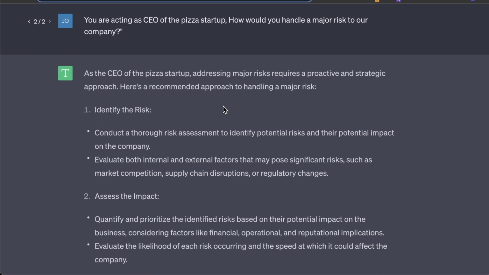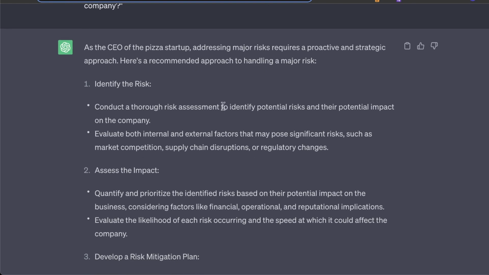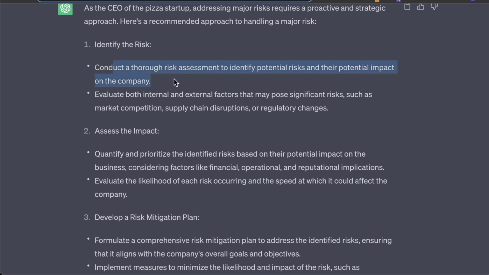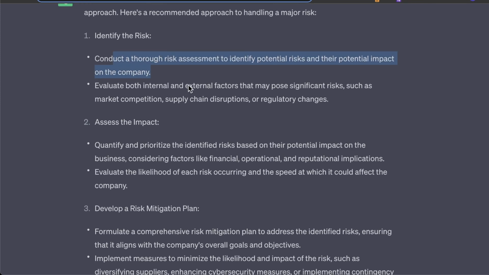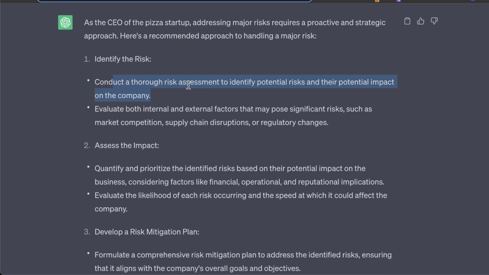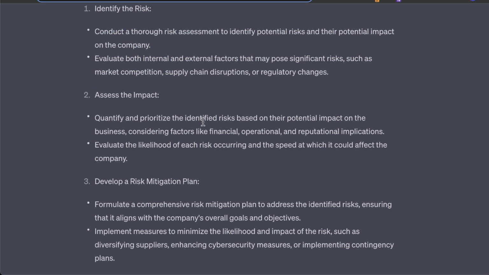Again, it's all about the follow up. Here we went to the original. Now it says, as the CEO of the pizza startup, addressing major risks would be this: identifying the risk, conduct a thorough risk assessment to identify potential risks. Nice. As a CEO, and this is nice because it's not going to give me specifics on what the risks are to a pizza shop, but it's going to give me a framework that I could work through as a CEO to identify what the risks are.